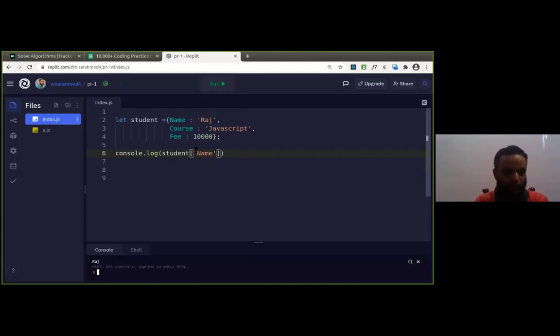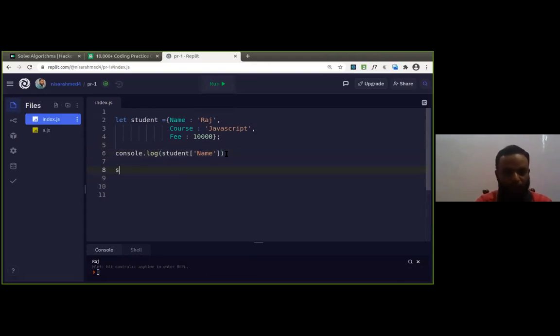Now you can see student in the square bracket, just like accessing an array. Sorry for that. So student of name, this is how you can access it. This is using the dot operator or using the square bracket. I will tell you when you are going to use the square brackets. Is that okay? Now it will give you that value.